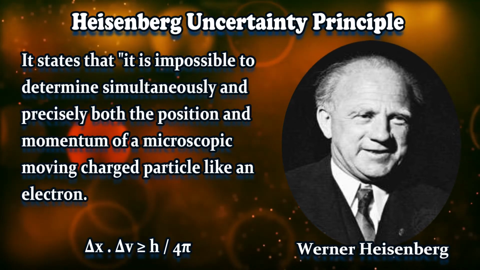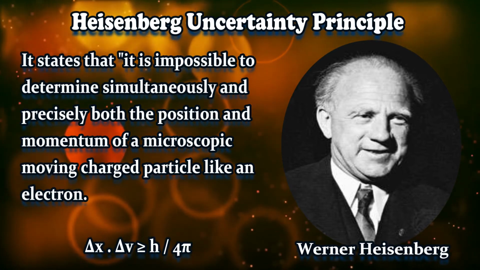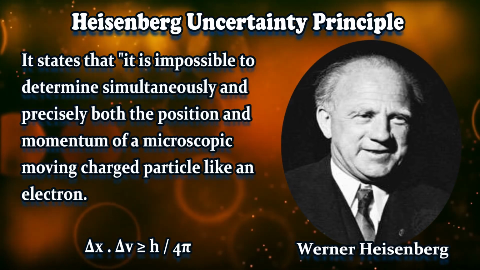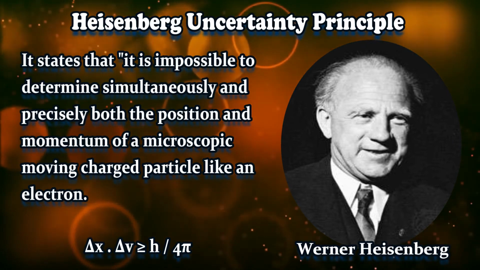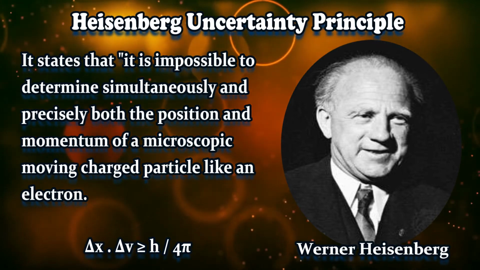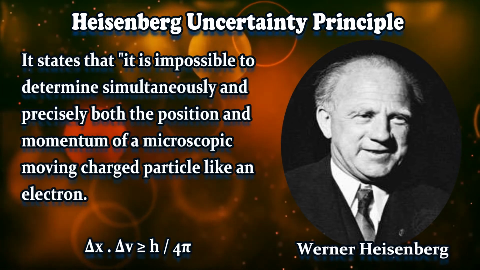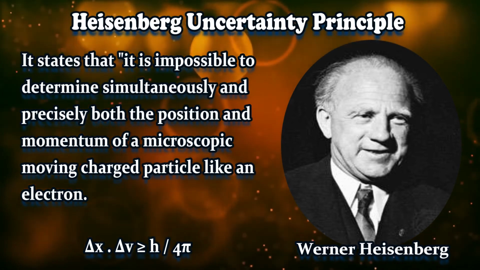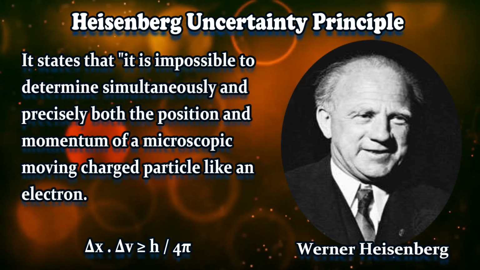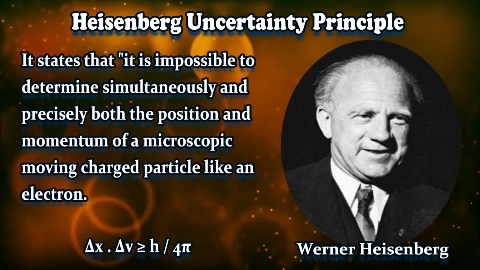So whenever we want to locate the electron, by whatever time is needed to locate it, the electron will move to some other place. So it is very, very difficult, almost impossible, I would say, to determine the position of an electron. If the position of an electron cannot be determined accurately, then the velocity of the electron can never be determined accurately, because without the position being known, how will the velocity of the particle be understood, right? It is not possible. Both position and momentum, or velocity, are impossible to determine together.